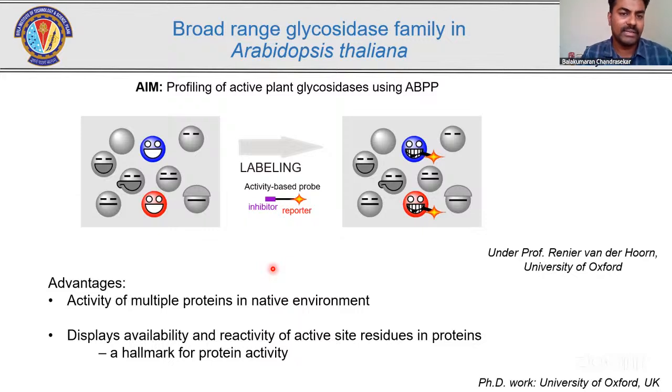So how to characterize them in the broadest way? For this, during my PhD studies, we employed a technique called activity-based protein profiling. For those who are new to this technology, activity-based protein profiling involves the usage of activity-based chemical probes, which label proteins in an activity-dependent manner. To say it in a simple way, if you introduce an activity-based probe into a particular biological system, this probe will label only the proteins which are active, leaving behind the proteins which are not active.